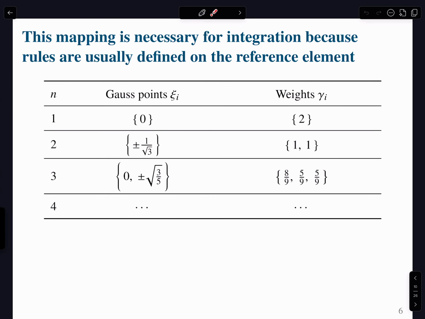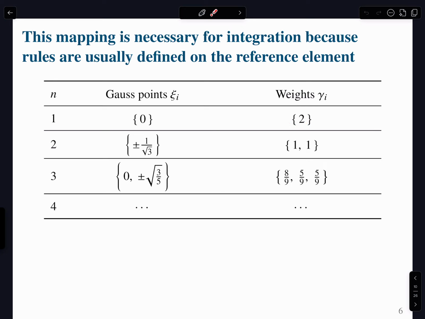So if you take a 1-point quadrature rule, obviously you are evaluating that in the center of the element. So a 1-point quadrature rule integrates exactly a polynomial of degree 1. And it's very straightforward to see that if in that interval you have some sort of linear function, obviously you need to evaluate that in the center, right? So that you more or less get the average value of the function in the interval multiplied by the width of the interval. Okay, now notice that the weight that is assigned to that Gauss point is equal to